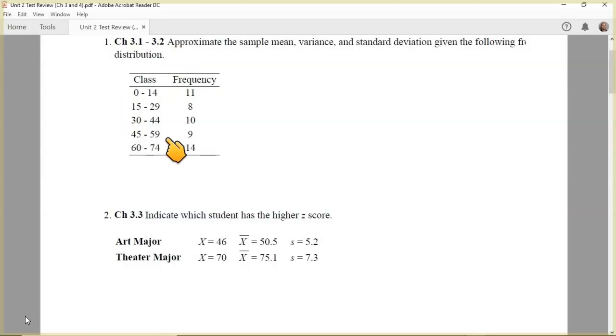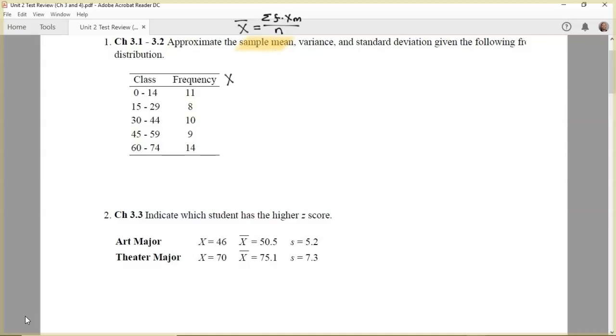And so here we see that we have a grouped frequency distribution identified by the class and the frequency, and we want to approximate the sample mean, find the variance, and also the standard deviation given the following frequency distribution. So hopefully we recall that to find the sample mean from a frequency distribution, because we don't know the original data set, we're estimating it. So we have to find the sum of the frequencies times their midpoints and then divide that by the total